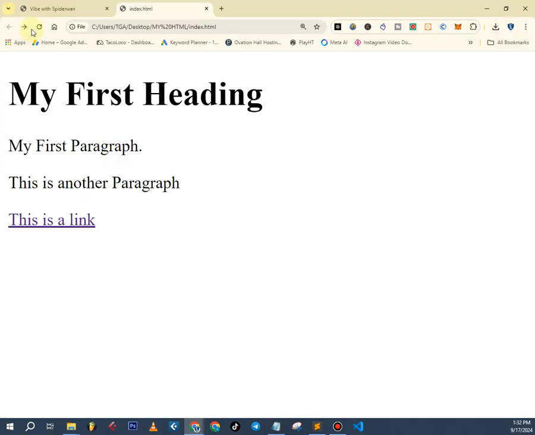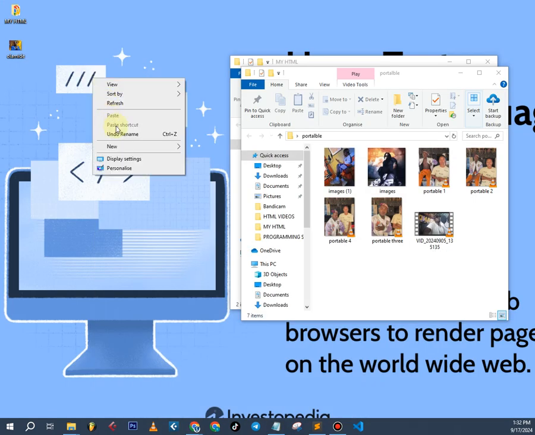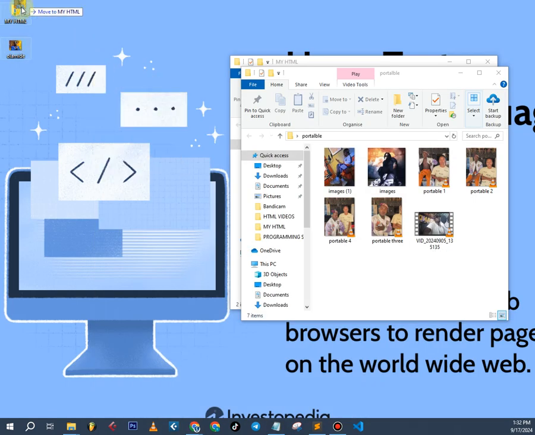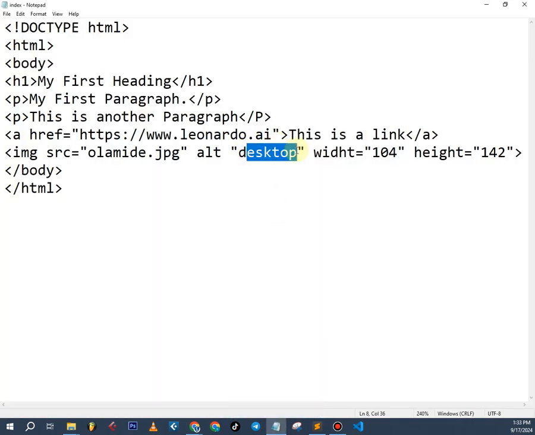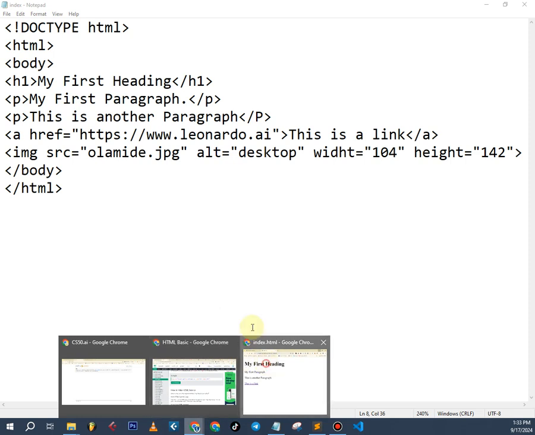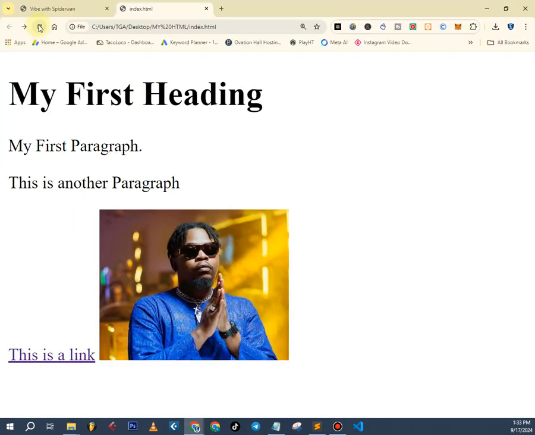Okay, so still we are not getting it. Let me just put the image in the folder here. Then we put it here. I'm sorry, I didn't also bring the equal sign here. Now let me just save and refresh. Though I put it in a folder, but let me just refresh. Okay, so you see that as I just linked the image,